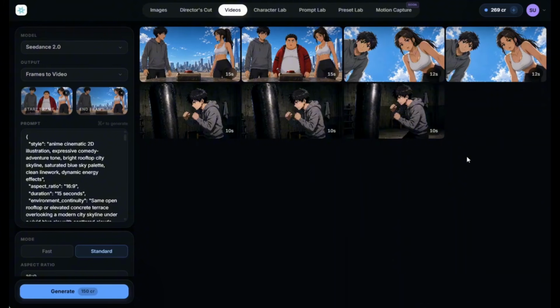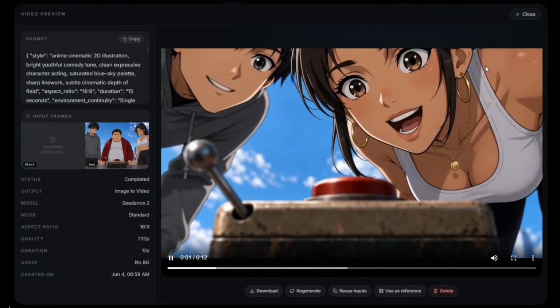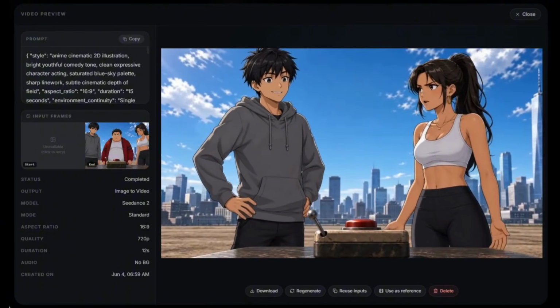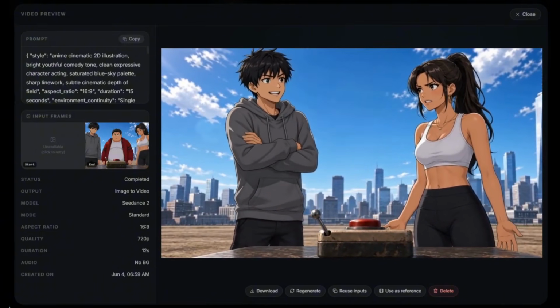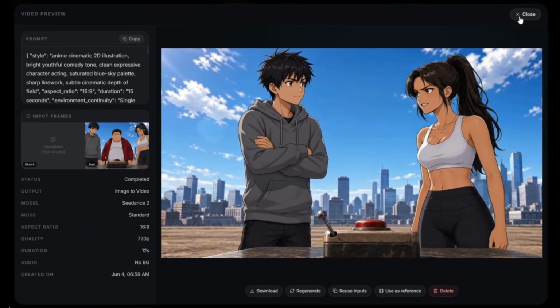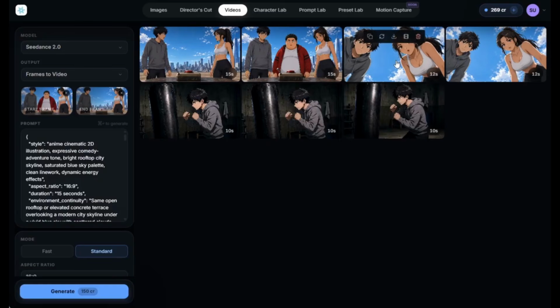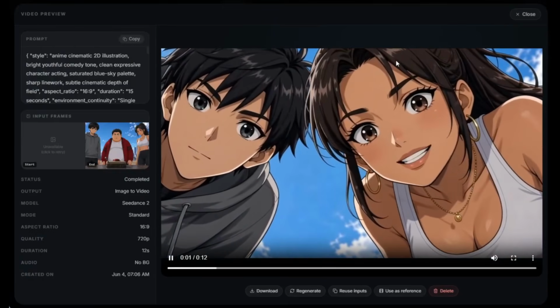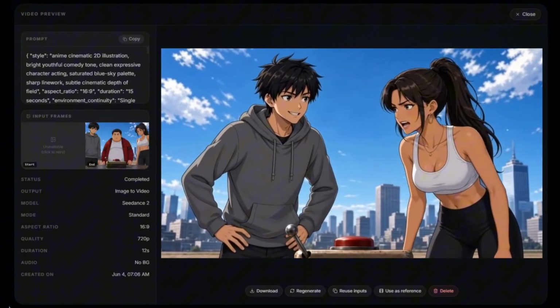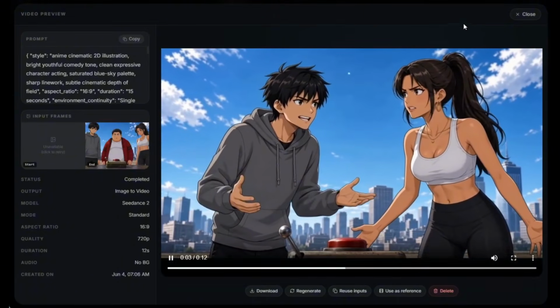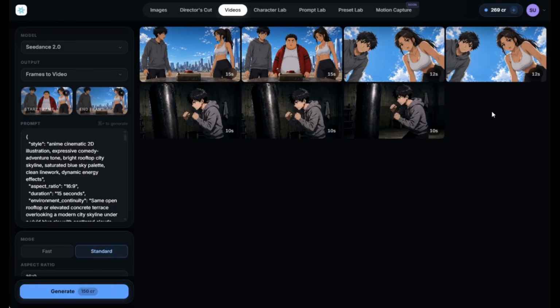And if you think about it, I only used these 3 scenes and generated the videos a total of 4 times only. For the first scene, I only had to do 1 extra generation. And honestly, if you look at the first result, it wasn't bad at all. It was actually quite usable. But I felt it could come up with something even better, so I decided to regenerate it once more. Personally, I think the second one came out better, which is why I used it in the final video. But the first generation was also good enough, and I could have easily gone with that one as well.